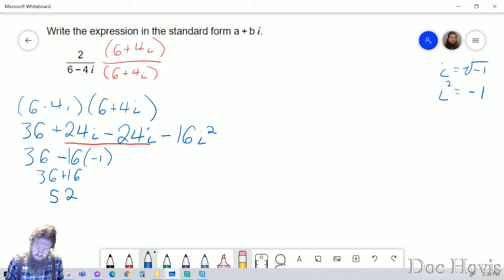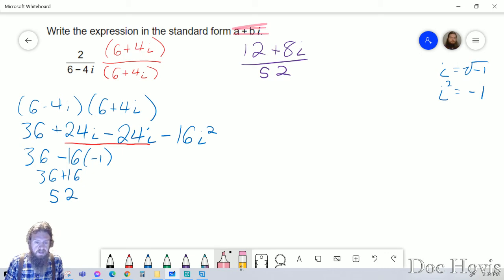Okay, so then we look at what's going on with the numerator. The numerator here is going to be 2 times 6, which gives us 12, and 2 times 4I, which gives us 8I, and that's all over 52. And that's kind of a good answer, but what we're asked to do is write this in the form of A plus BI. So since it's got to be in the form of A plus BI, that's going to be 12 over 52 plus 8 over 52I,